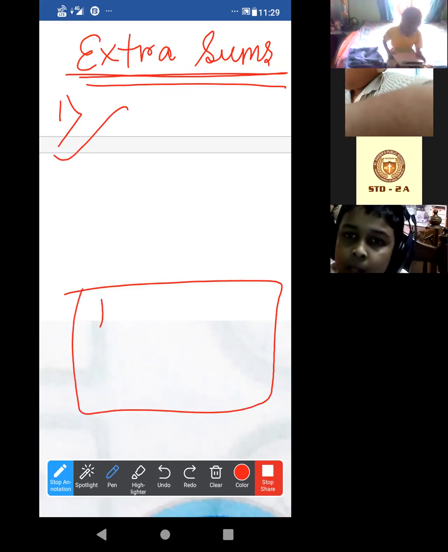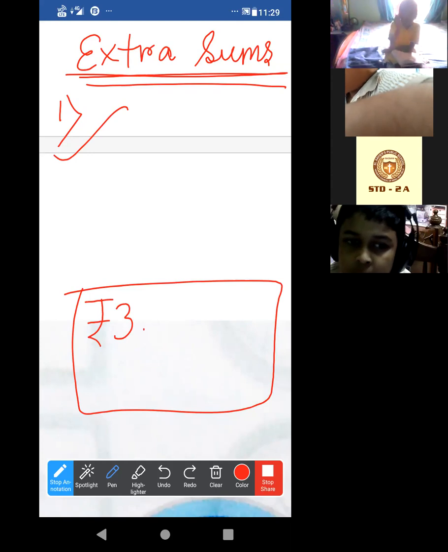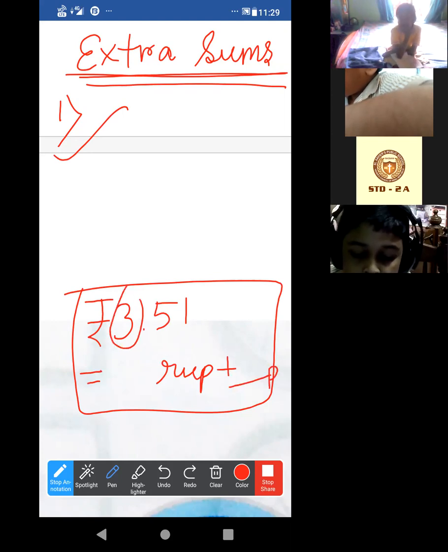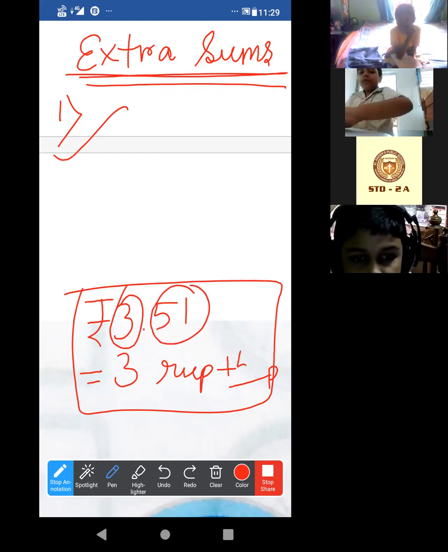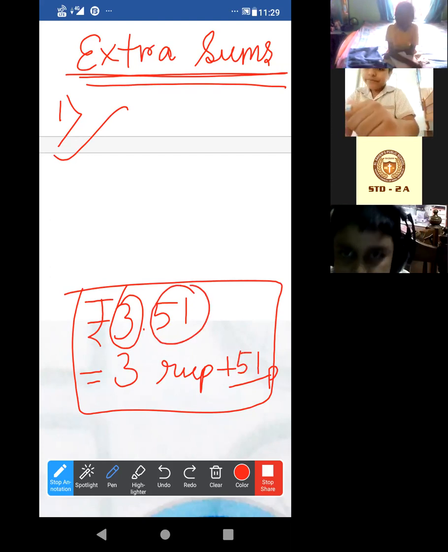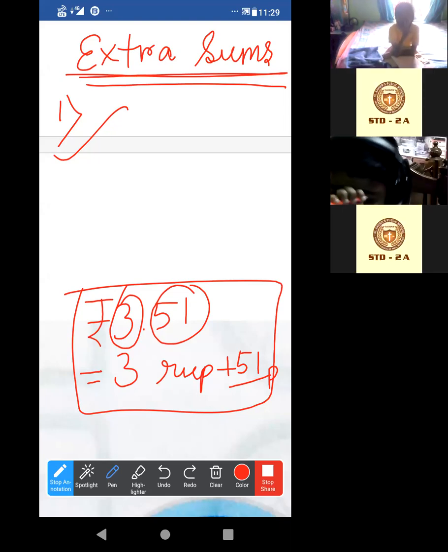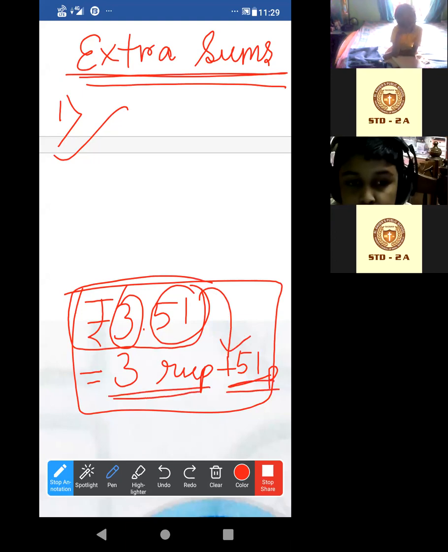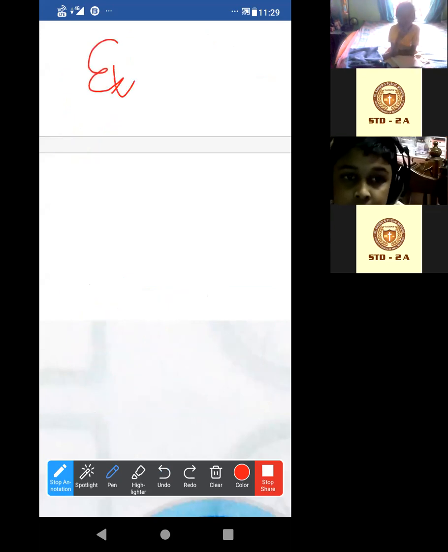Acha, if it is given, Ankon, that means how many rupees and how many paise? Say 3 rupees and 51 paise, na? Yes or no, everyone? So the same thing here, we are breaking it, na? From our rupees we are breaking into 2 parts. Now what will we do? This broken part will be given. We have to add them and combine them. Got it though? We have to combine them.